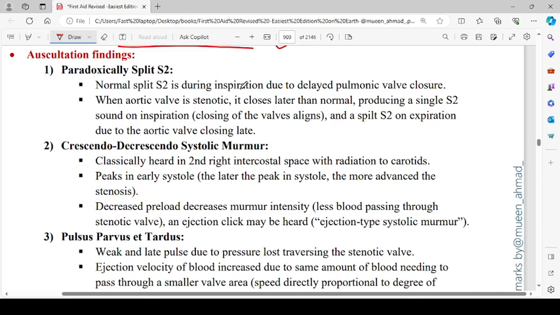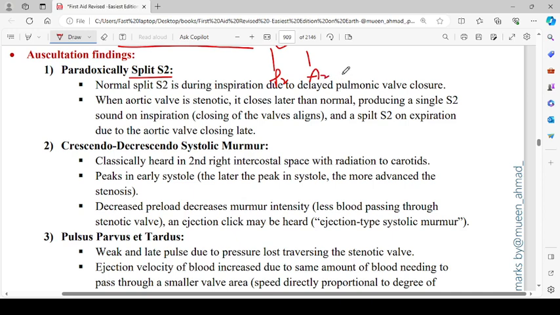What will be the auscultatory findings? Firstly, there will be a paradoxically split S2, which means that normally S2 is A2 and P2, but in these situations the pulmonary component comes first, right? Secondly, the split is heard during inspiration and then fades during expiration, right? Because when we are inspiring, there is an increased amount of blood moving through the pulmonary artery, and then the split is heard. But in these situations, because of the stenosed